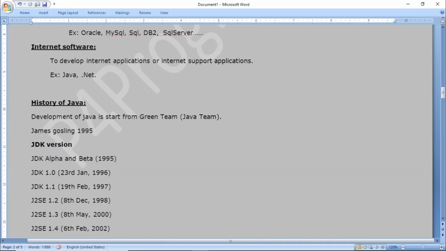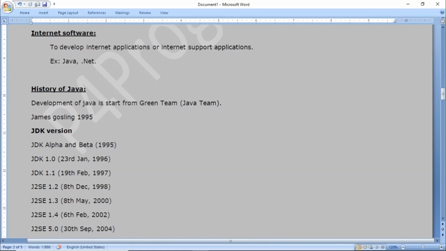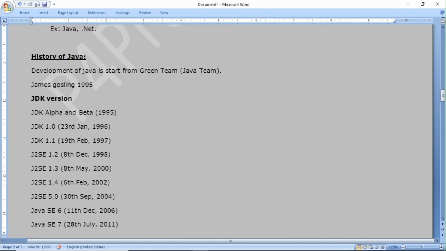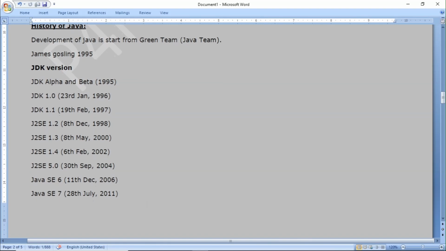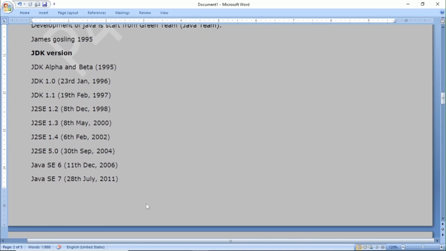Currently Java 22 is in the market, but Java 1.0 came to market on 13 January 1996. Then 1.1 came on 19 February 1997. 1.2 was 1998 and 1.3 was 2000. They came approximately every six months in the market.